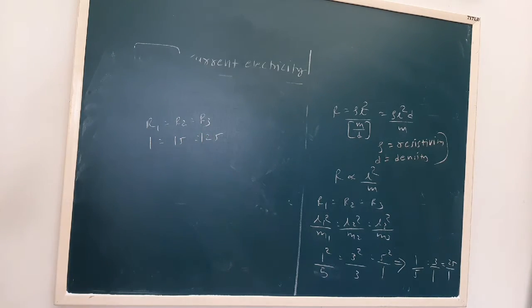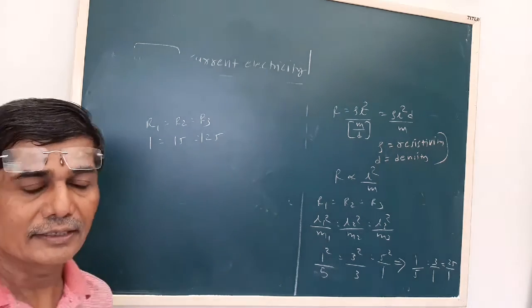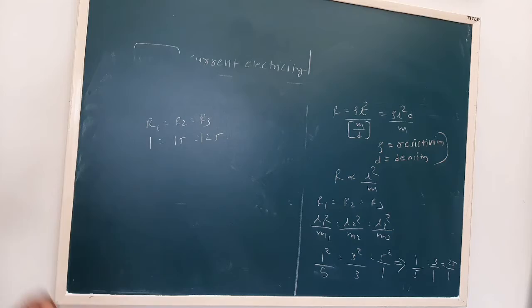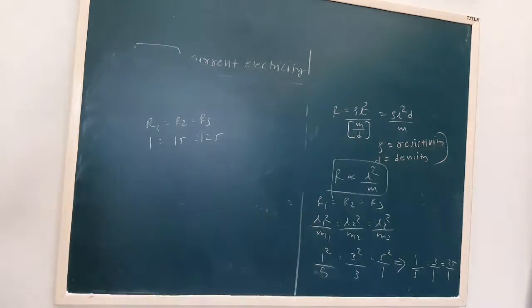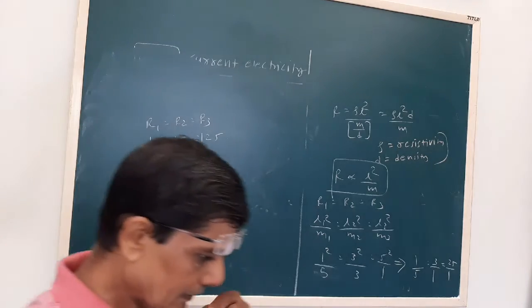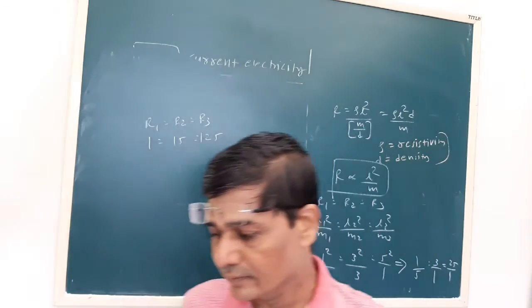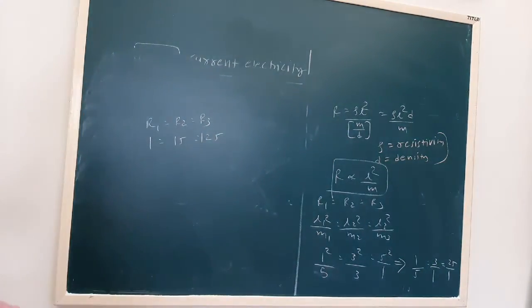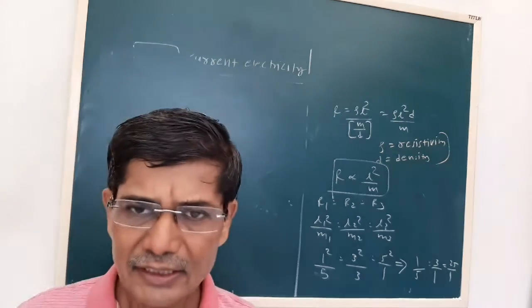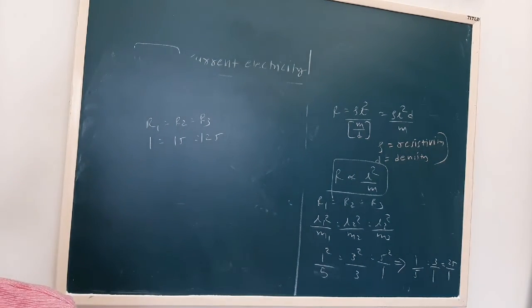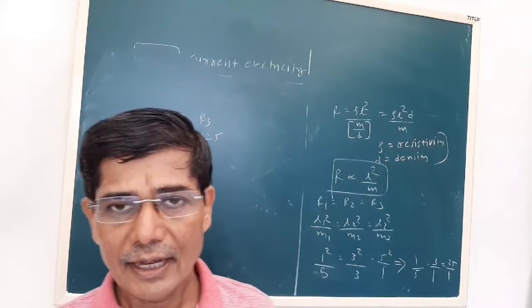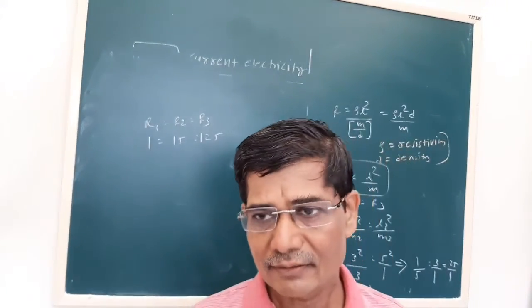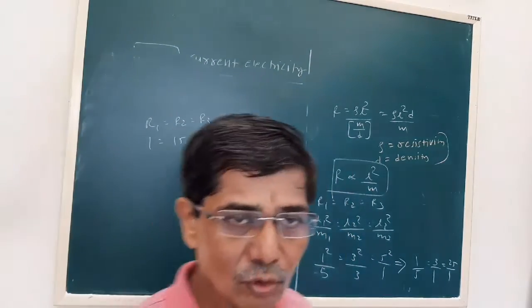Okay, so this is how we can obtain the value of R. R1, R2, R3 are in the ratio of 1 to 15. Now, the important property: R varies as L square by L. Earlier in the MCQ we saw that the resistance wire is stretched in such a way that the length becomes double. Then we derived the formula R dash is N square R. That was a change of more than 10%.